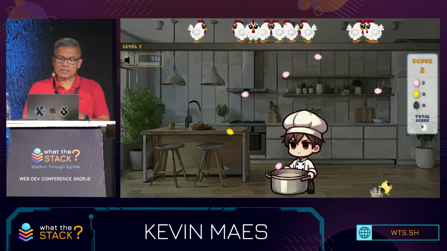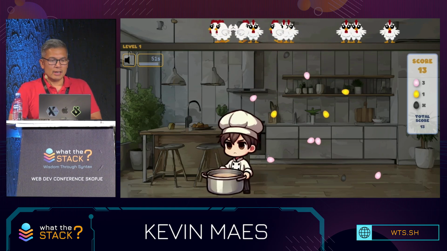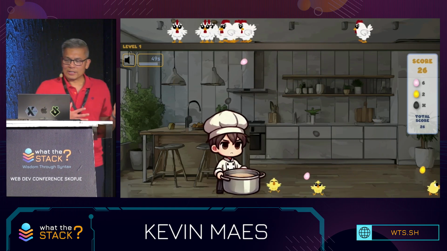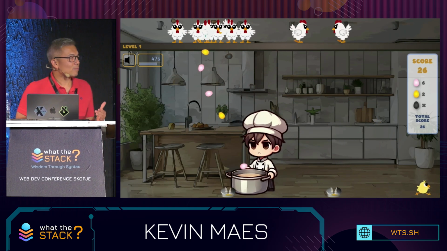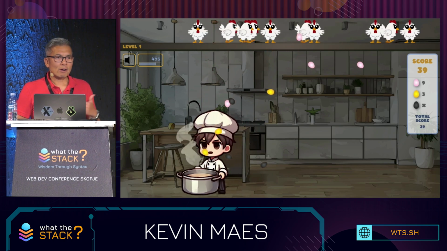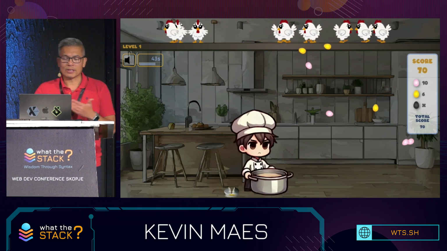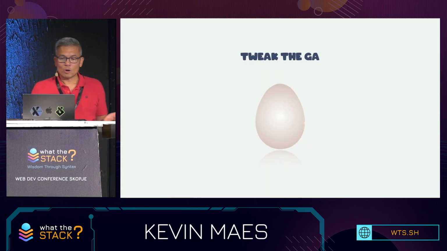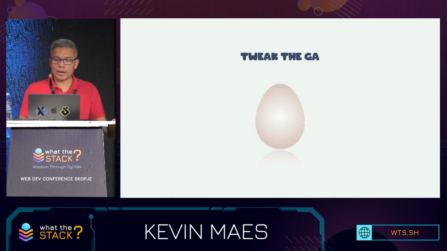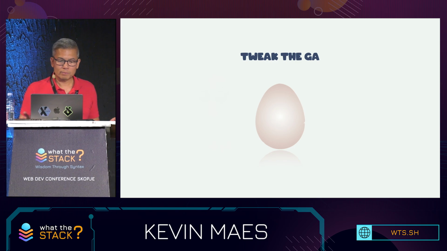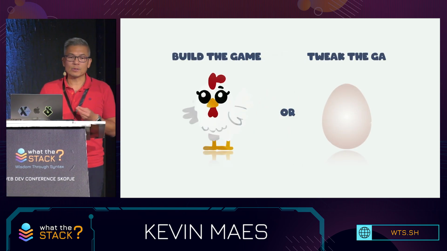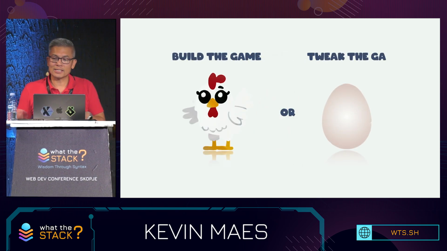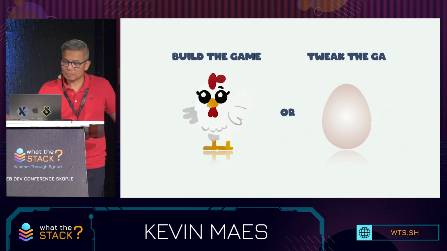Okay, so the game was now working with a running GA, but I just wasn't sure if the GA was working as expected. I mean, I couldn't tell if the game was getting harder or easier. Was it a matter of time playing it? Was there something about the game that just doesn't work with the GA? So I was faced with the dilemma. On one hand, I needed to know how to tweak the GA in order to make this game more playable. But I also needed to finish building the game in order to play it and to test the effectiveness of the GA. Which do I do first?